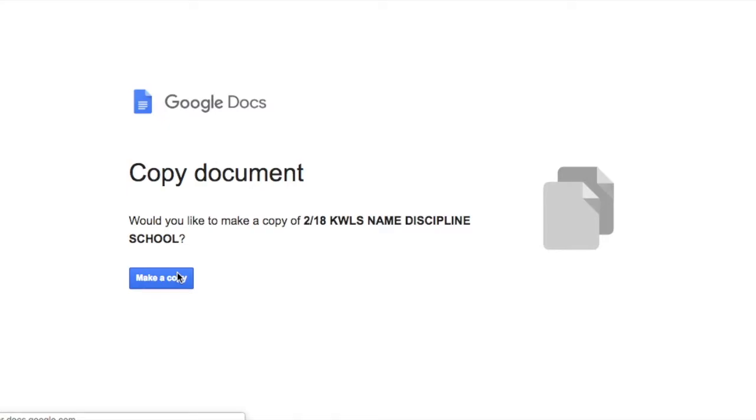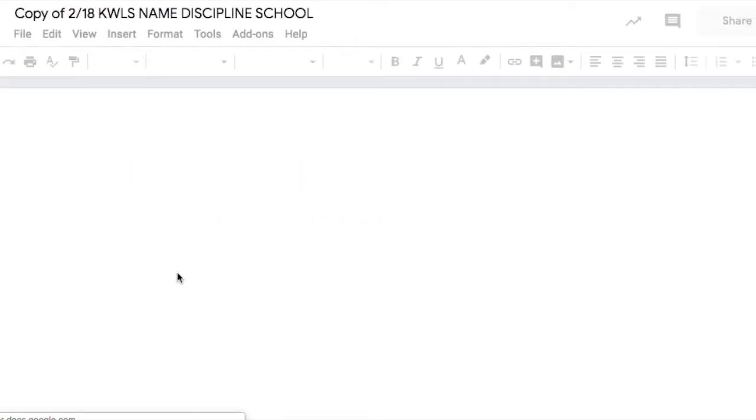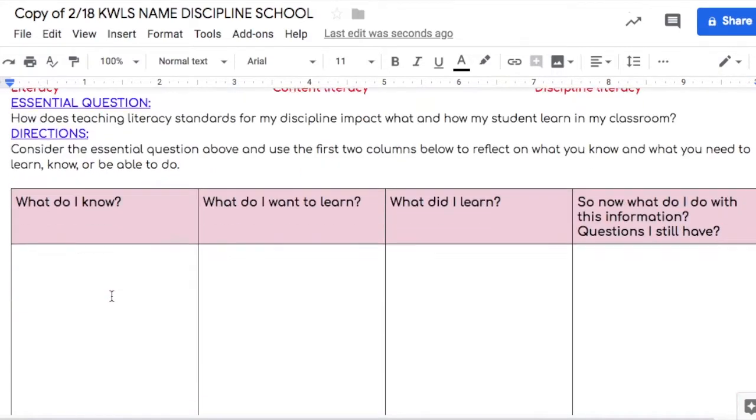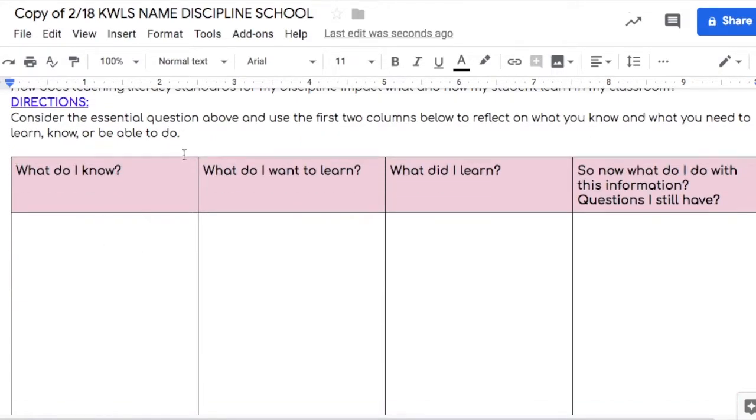This is an example of a reading strategy. You could possibly use something like this in your classroom to help promote a pre-reading or post-reading strategy. At this point in time, you will want to look closely at the directions here, including how to title your document, reading the essential questions, reading the directions, and then you will want to fill out the first 2 columns